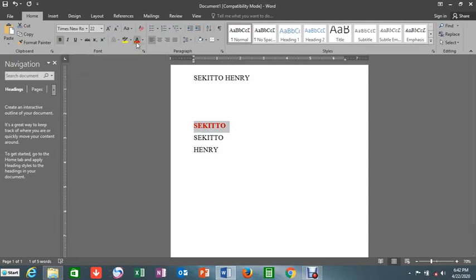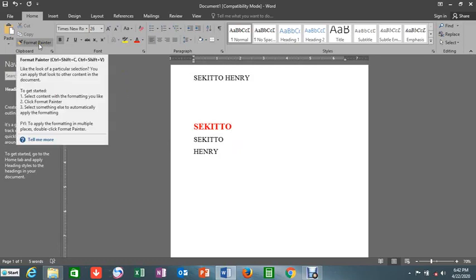And the font color is going to give it a color of your choice. You can decide to put any other color. Are we together? Yeah, you can decide even to increase the size. I can put it on 26. Now, I want to use what we call the Format Painter. It is Ctrl Shift plus C. Are we together?